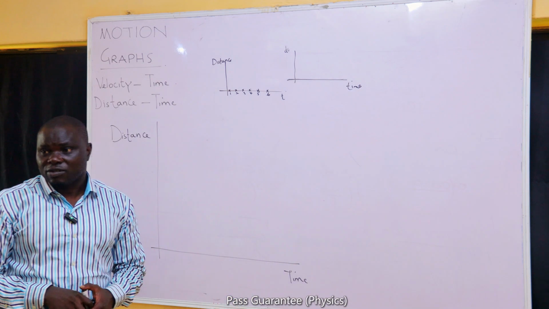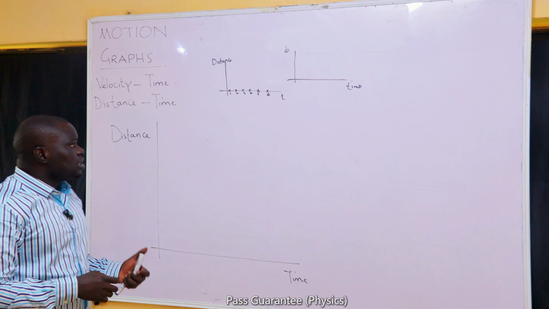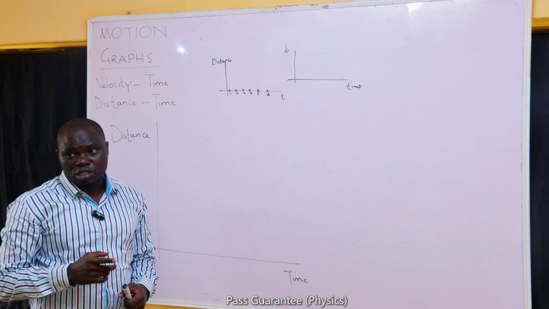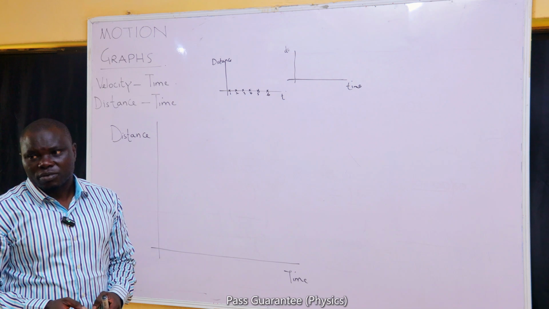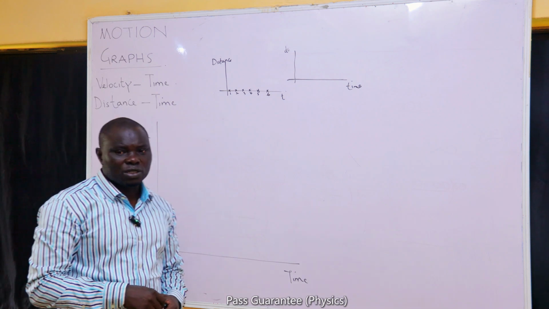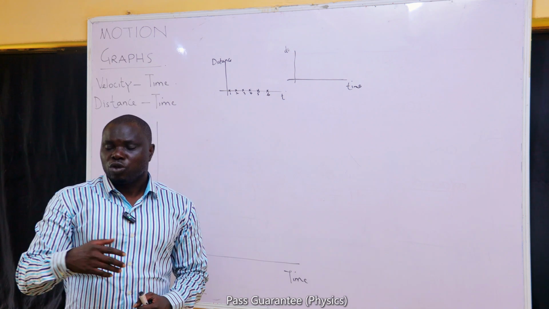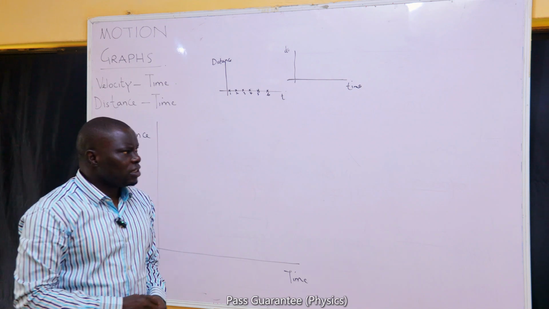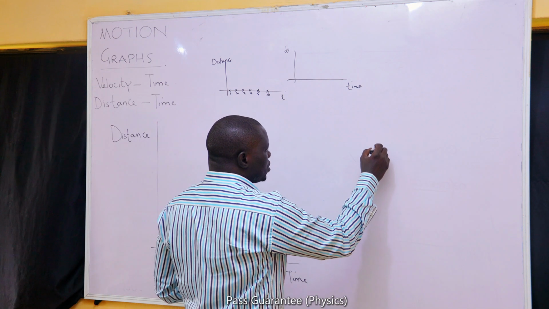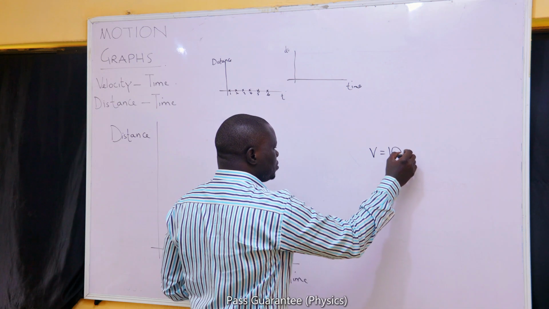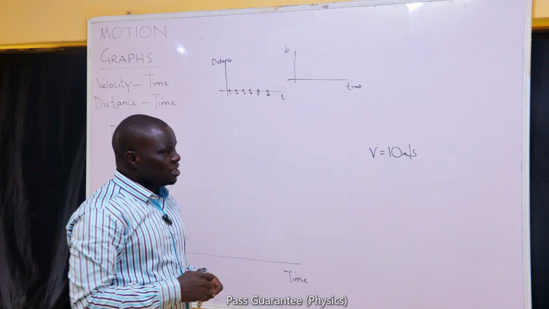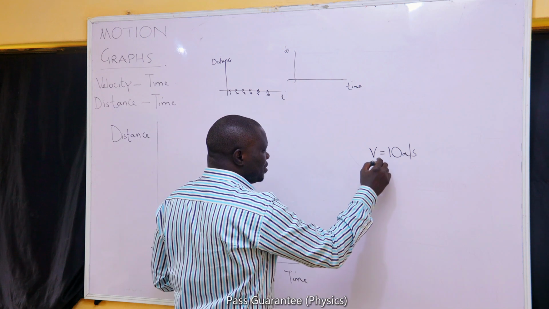And that is it. There can be situations where the next set is the situation where the object is now moving, but is moving with constant velocity. If an object is moving with constant velocity, one thing I told you earlier is it will cover equal displacement in equal time values. If let us assume that an object is moving with a velocity of 10 meters per second, and at all times it is moving with that same velocity,